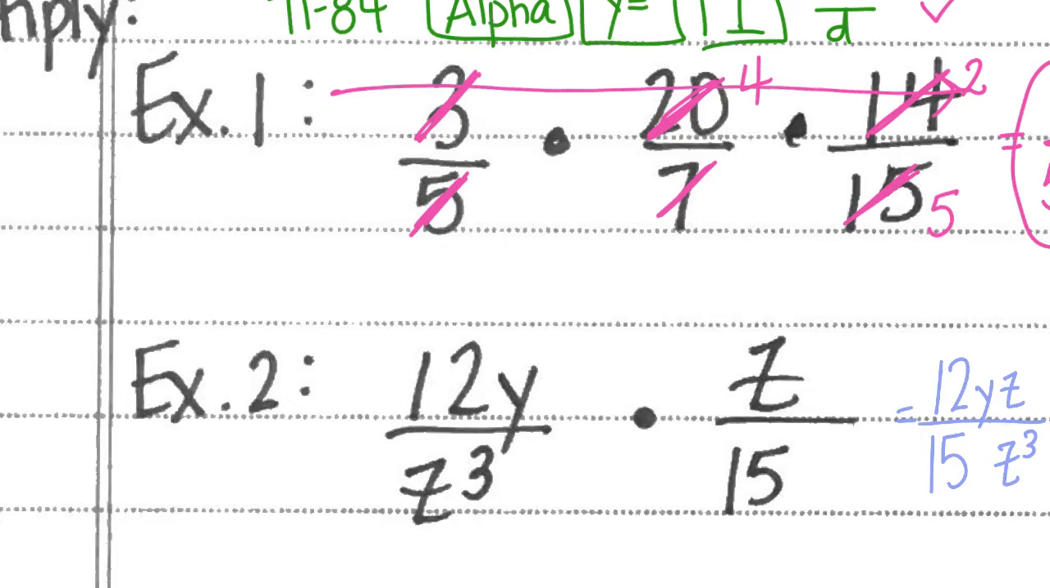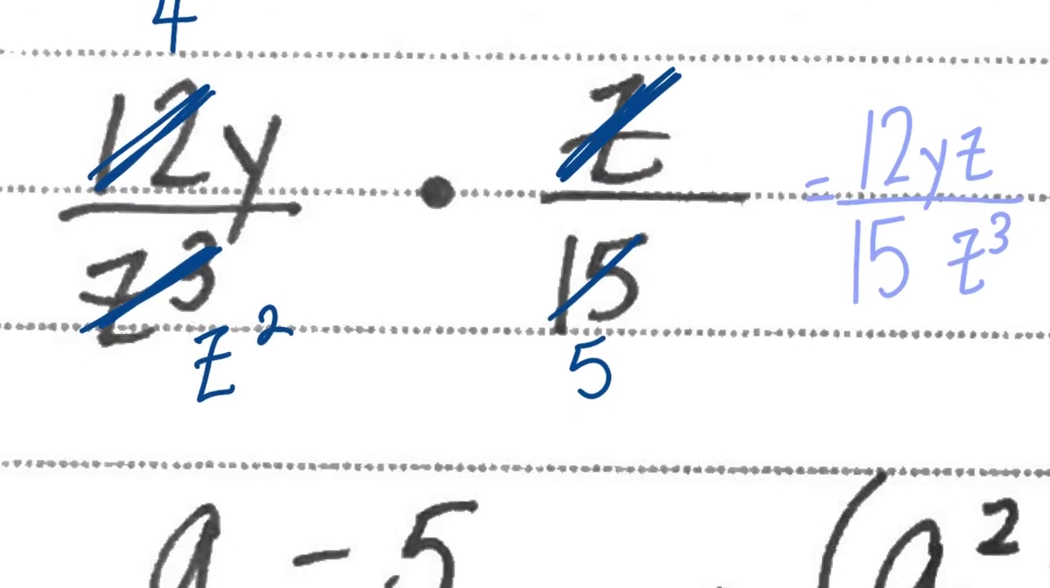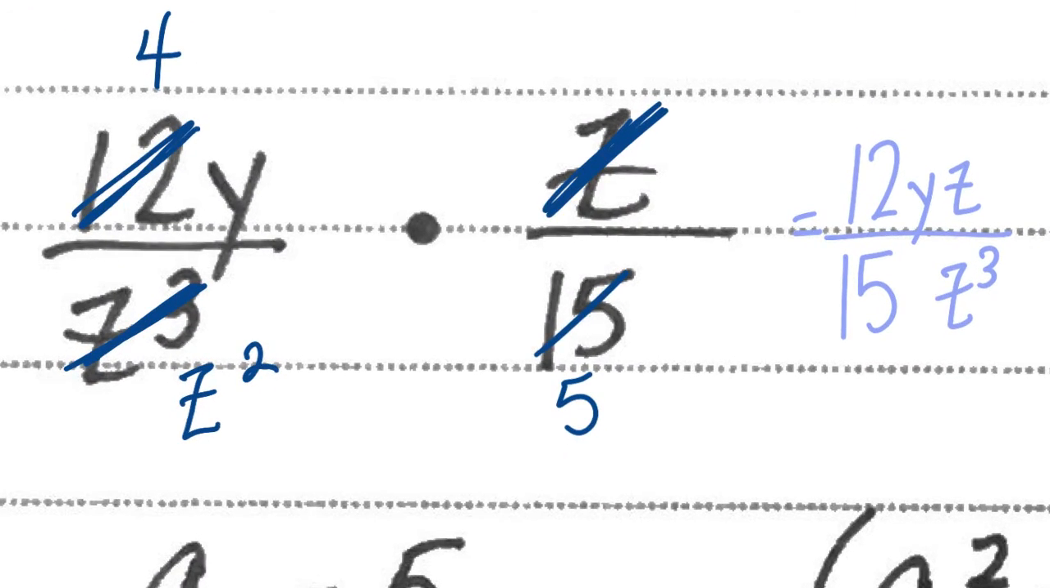I'll do the first way in blue. 12 and 15 can reduce. Both of them reduce by 3, by 3. And we get 4 over 5. The z's will end up on the bottom because there's 1 on top and 3 on the bottom, so we're going to have 2 left over on the bottom. So when I combine everything here, it looks like on top I have 4y. Don't forget this y. That's probably one of the biggest problems with this. I end up with 4y. And on the bottom I have